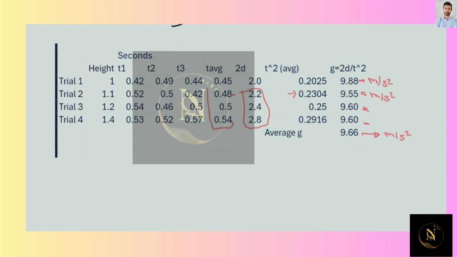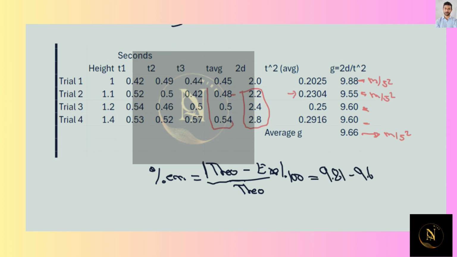If you're interested, we can also calculate the percent error, which is going to be theoretical minus experimental value divided by theoretical multiplied by 100. In this case, the theoretical minus experimental is taken as an absolute value. This would be 9.81 minus 9.66 divided by 9.81 multiplied by 100, which is going to give you a percent error of 1.53%,